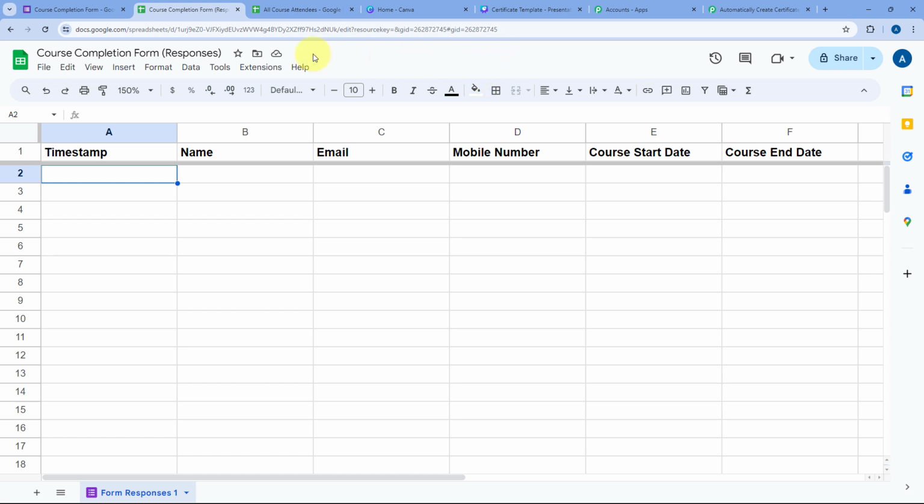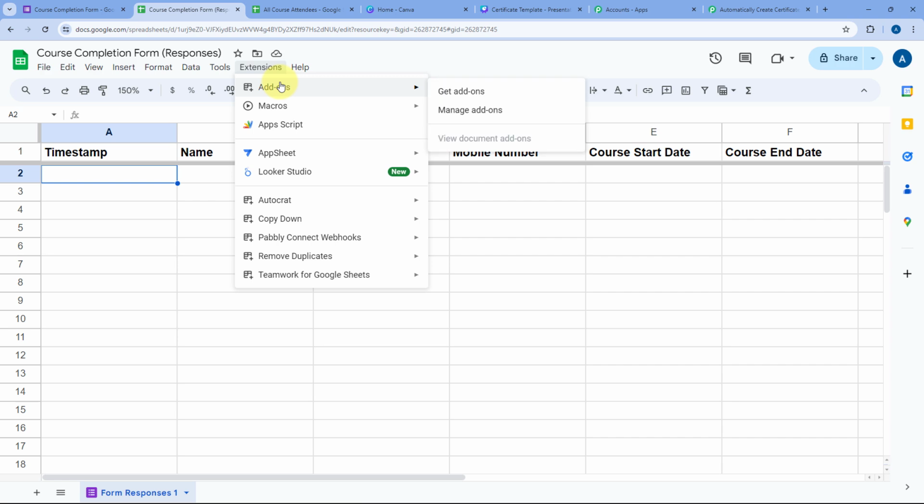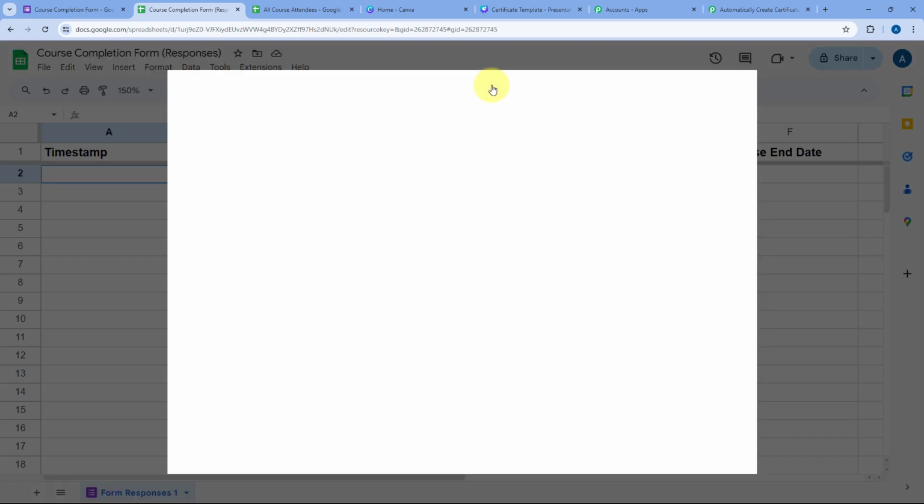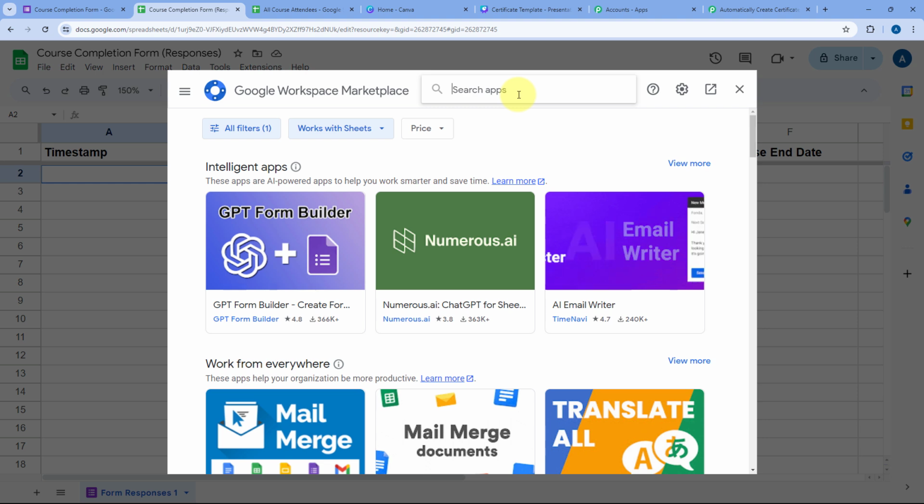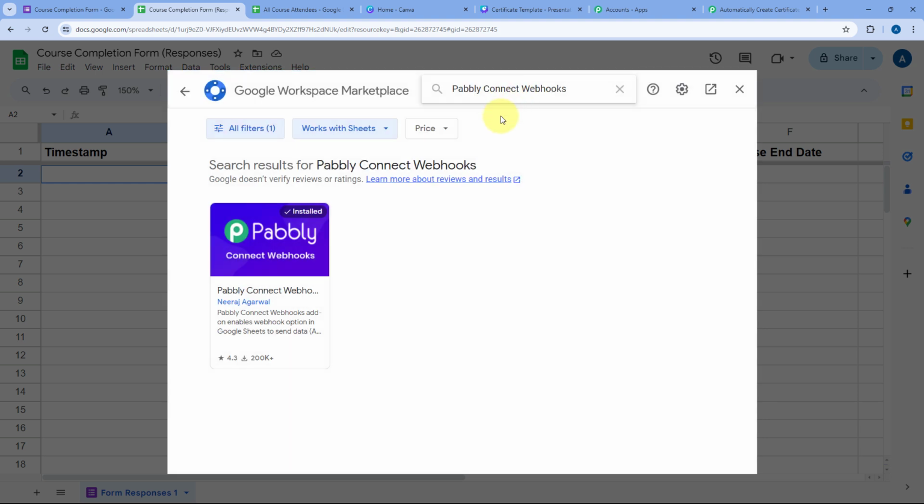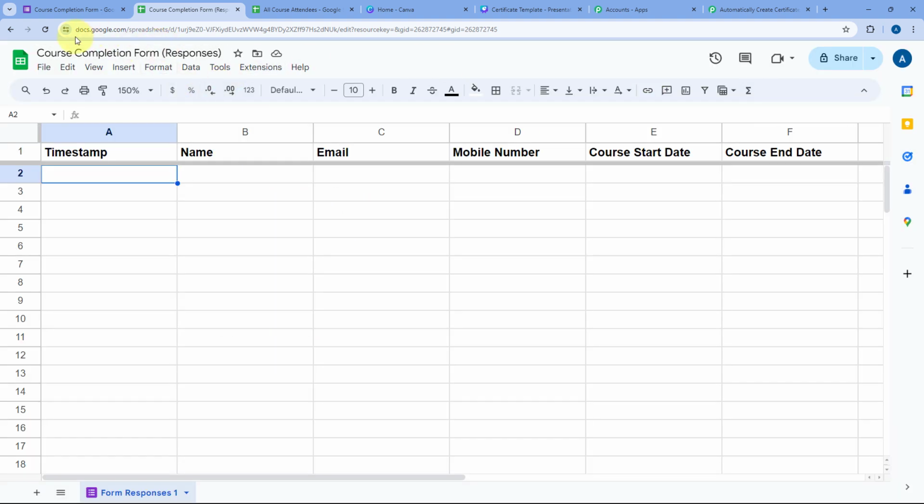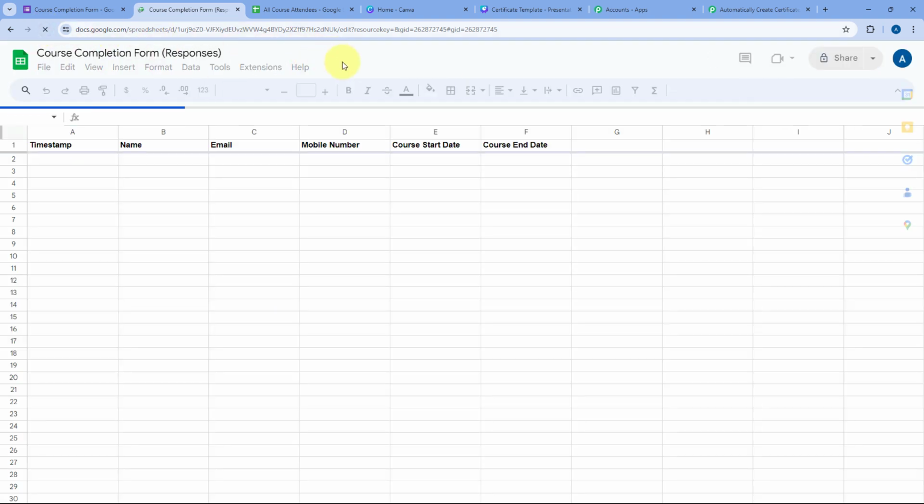And to add this webhook URL, just go to extensions, add-ons and click on get add-ons. After clicking on get add-ons, we will reach Google Workspace Marketplace. And here in search app, we have to search for Pabbly Connect webhooks. Here you can see Pabbly Connect webhooks. This add-on is already installed in my Google Sheets. You just have to install the same add-on into the same Google Sheets account,